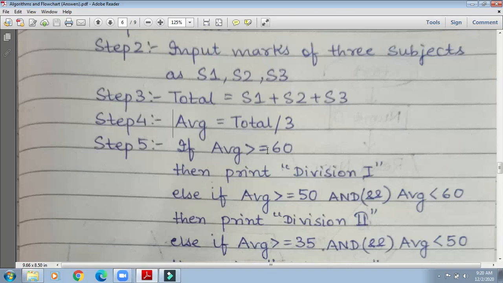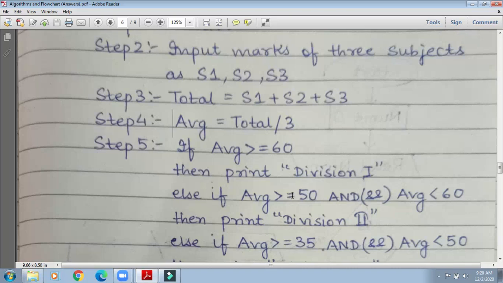Average is greater than 60, no. Average is equal to 60, no. Then else if average greater than 50. 53 is greater than 50, so it will work, but there is one problem.